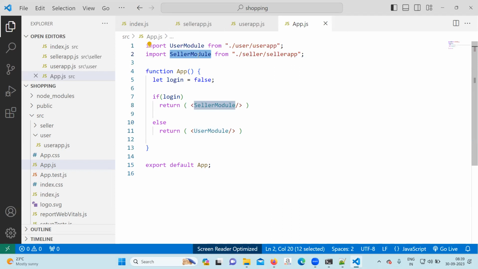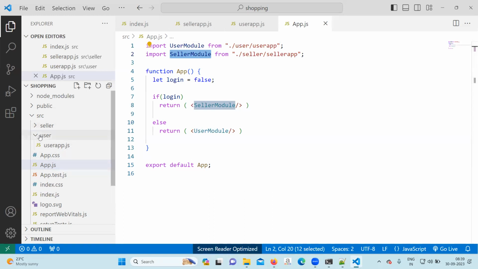It should not be that you log in as a user, open the website, and are able to see the functionality of the seller. Without login, the user should not touch the seller module. Okay, come next.